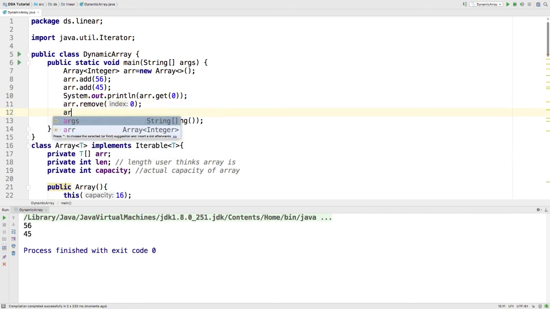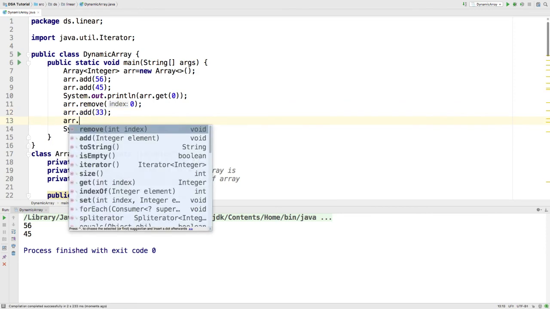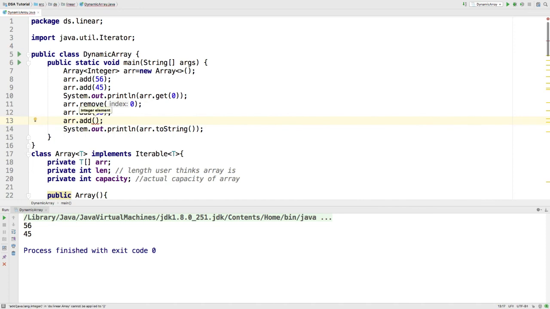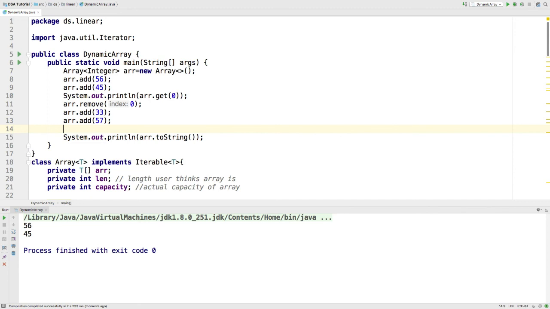Now let's add more elements. Now let's check the index of element 57.